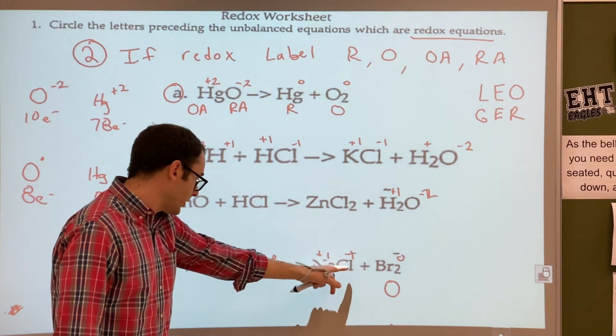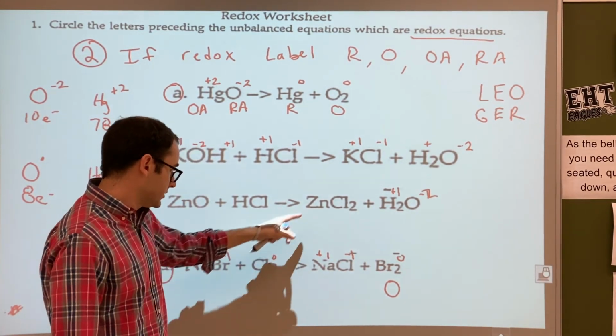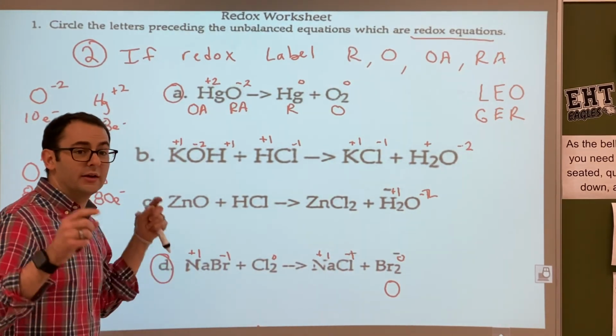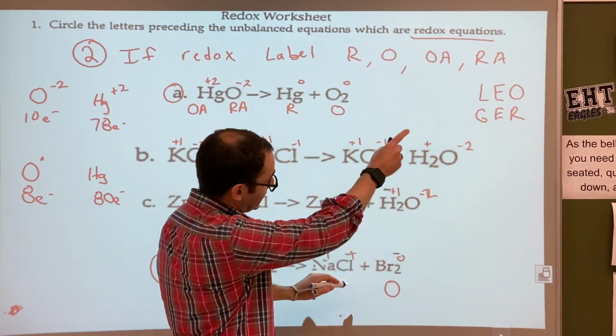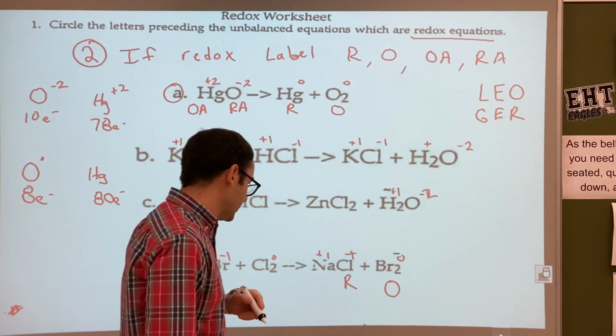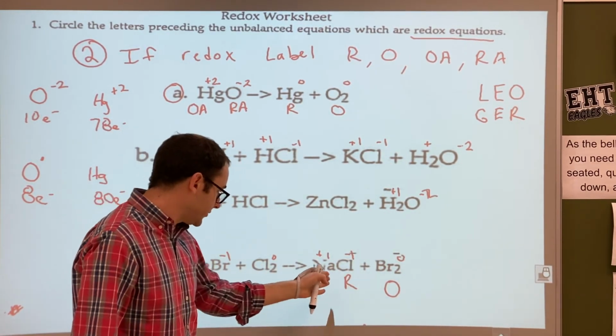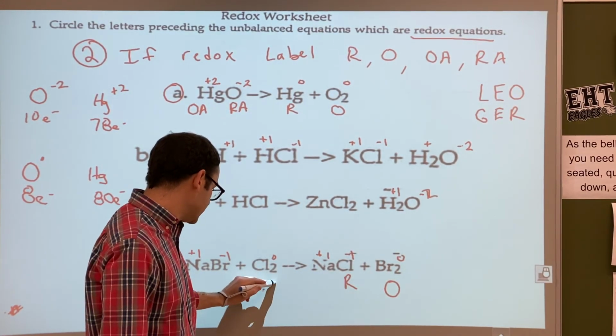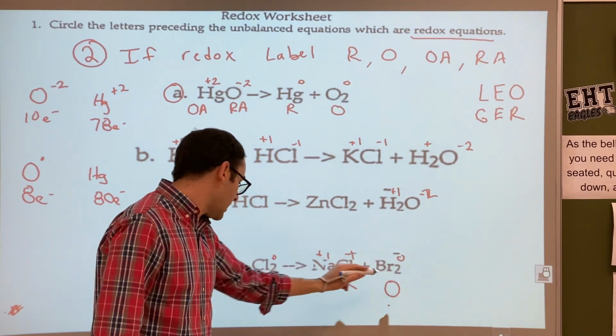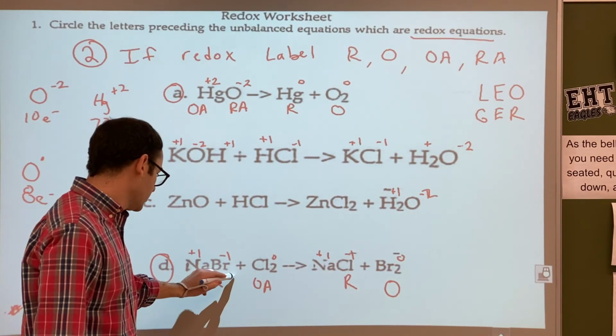And if you look at chlorine, it goes from neutral to -1, meaning it gained an electron, all right? It gained an electron, which means it's going to be reduced. So now if we just do the flip method, this is reduced, so this will be the oxidizing agent, and then if this is oxidized, this will be the reducing